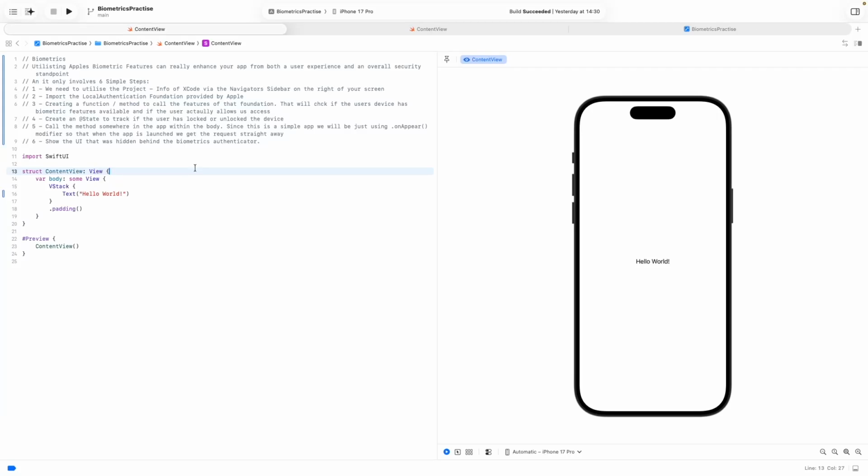Adding biometric features to your app can really enhance both the user experience and the overall security, and it only takes 6 simple steps. Let's get into it. First step is we need to utilize the project info of Xcode via the navigator sidebar